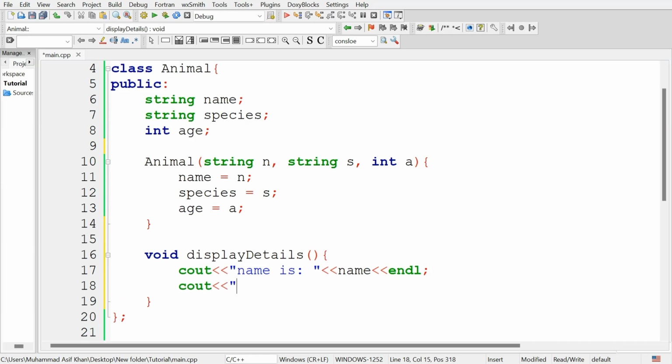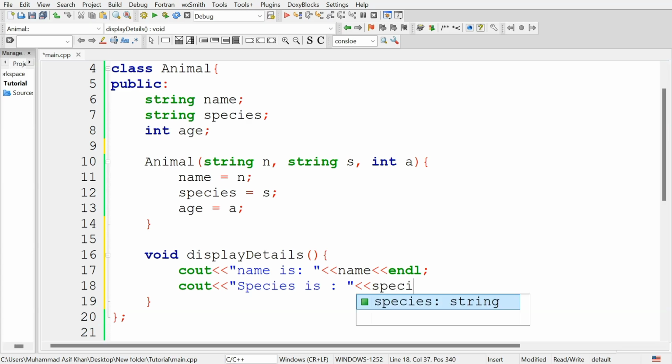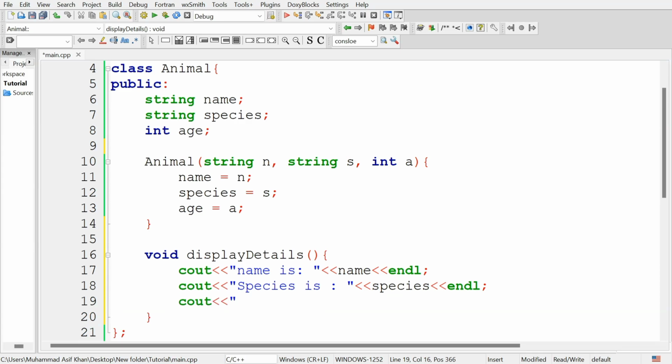Then display the cout species, the value stored in the species variable. Similarly, display the age of the animal object. So display the age is the data stored in the age variable.